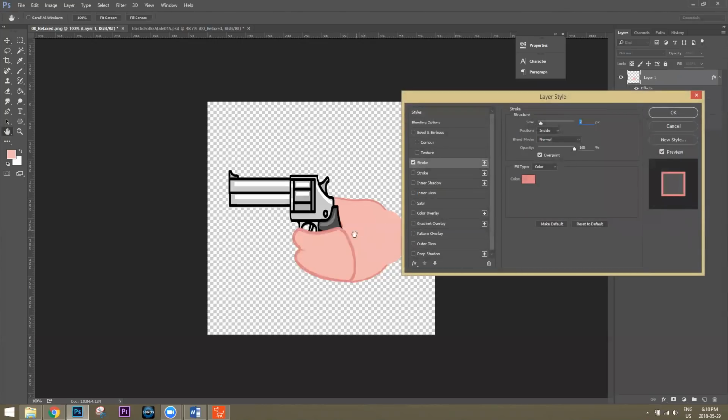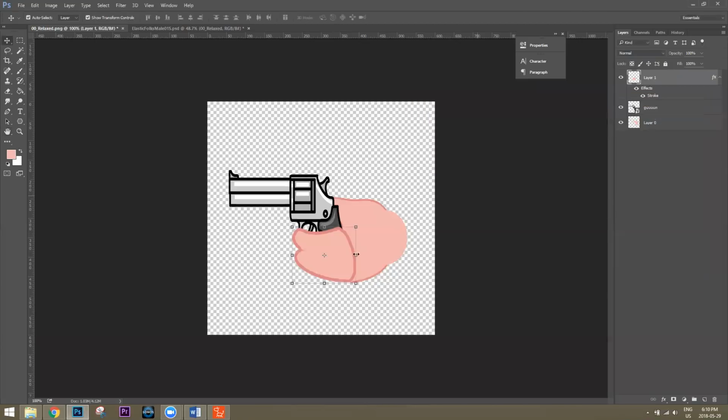Now it looks like the hand is grabbing it from the other direction, and there we have that pink outline. You can change that to black, press OK, and then rotate it like this, maybe. And there it would appear like that, like you're holding the gun with the other hand. So that's kind of an easy way to do that.